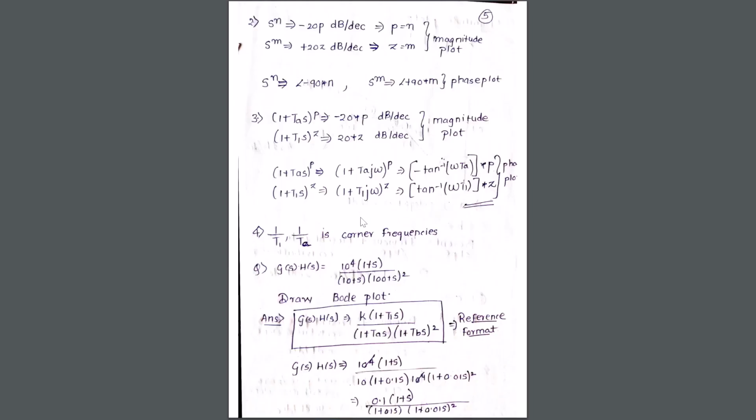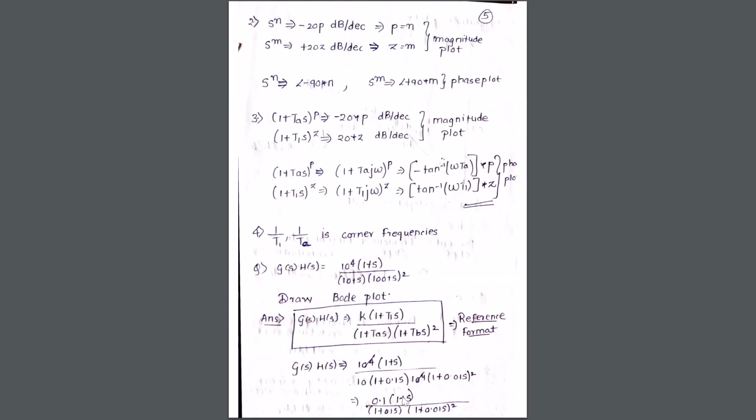Now I'll start plotting the magnitude plot. First is 20 log of k. K stands for 0.1. Hence I have minus 20 dB. Next, after 1 corner frequency, I have previous value is 0 and the present value is for 1. So 1 plus s is in the numerator section. Hence I have plus 20, which is given as plus 20 dB per decade.